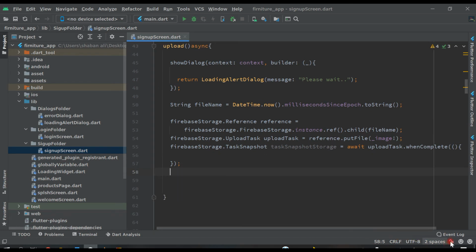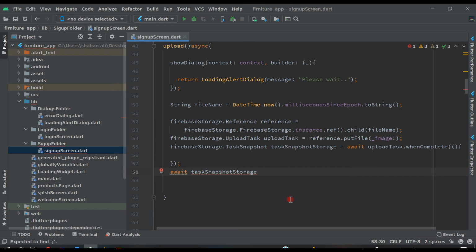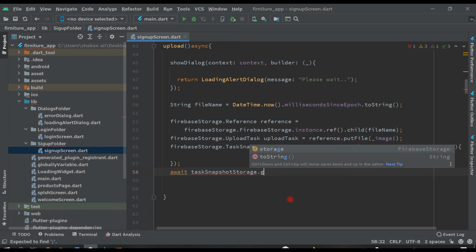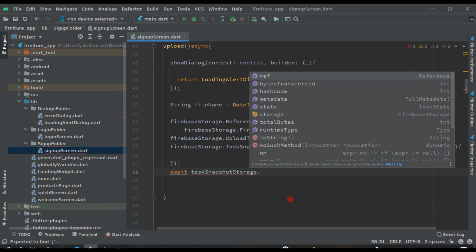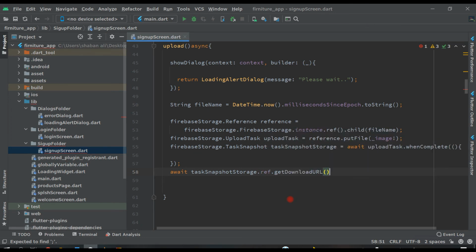And after this, let's call this variable here. So here we will write await and this variable, taskSnapshotStorage, this one, as you can see, dot ref dot getDownloadURL dot then, remove this, put curly brackets and semicolon, and inside this value we will use url.